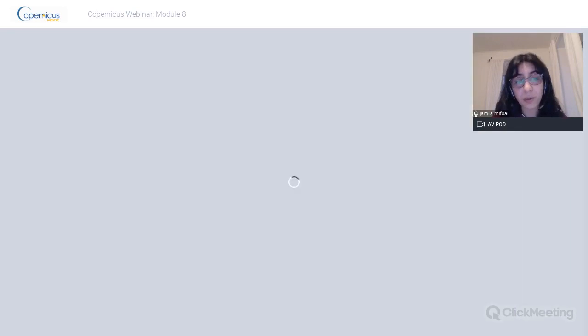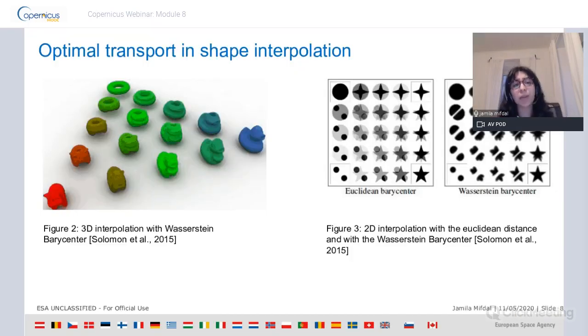Okay, so now I'm going to speak about the theory of optimal transport by introducing a few examples. I don't know if some of you are familiar with optimal transport, but maybe if I tell you Wasserstein GANs, it's going to ring a bell. The Wasserstein distance is a crucial tool in the optimal transport theory, and we're going to see it later in the slides.